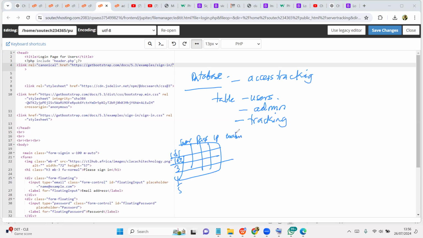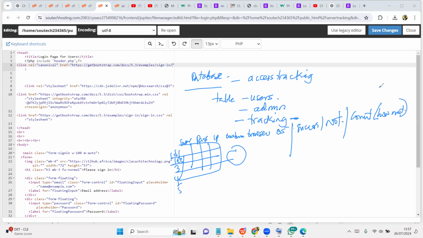Location, right? Browser, we want to know your browser details. We want to know your operating system. Which operating system are you using? We want to grab all of these details for the user. So we're going to store all the information in this tracking table. Okay, success or failure. We also want to check if it is successful or not, right? Then we want to also count how many times.